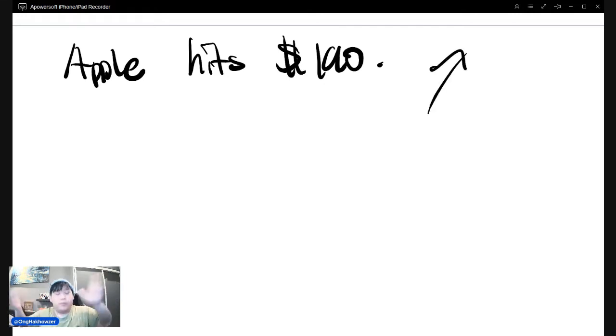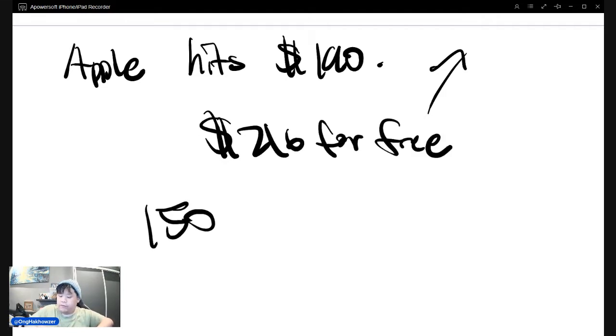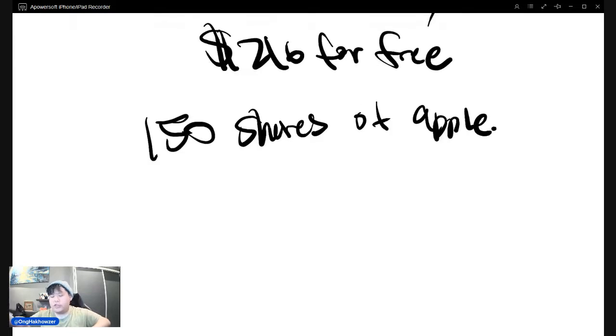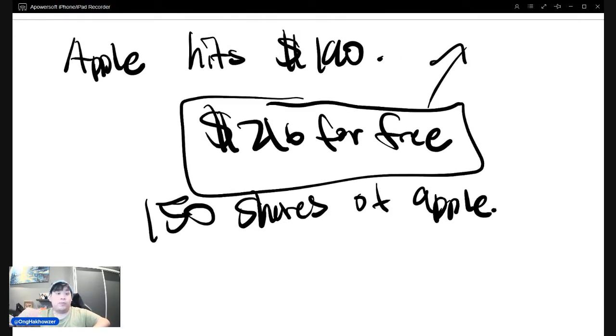Okay, of course, this would be the best case scenario for me, because if I get the $216 for free, I still hold 150 shares of Apple. Okay, so if I still hold 150 shares of Apple after getting the $216 for free, which is my